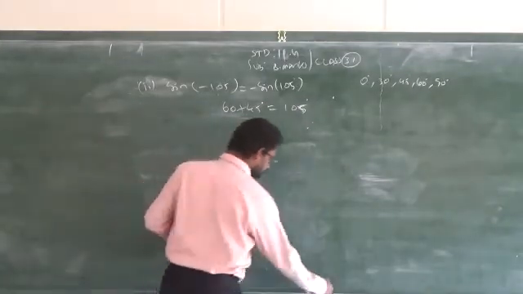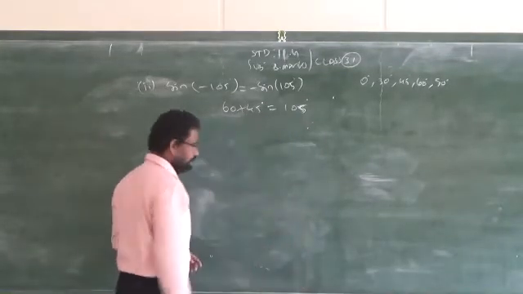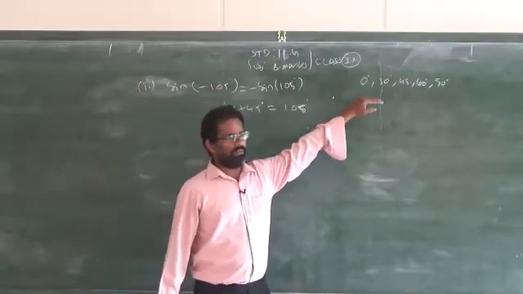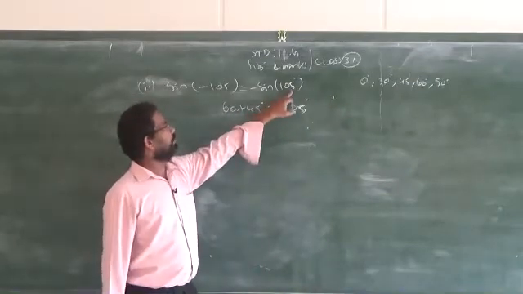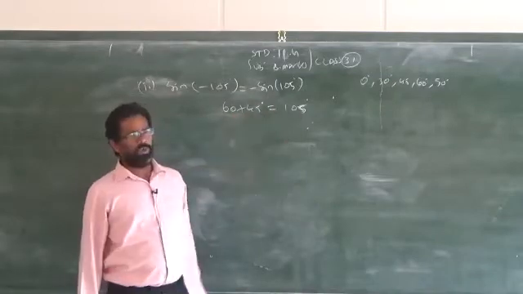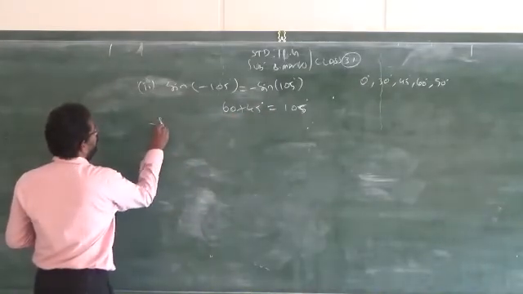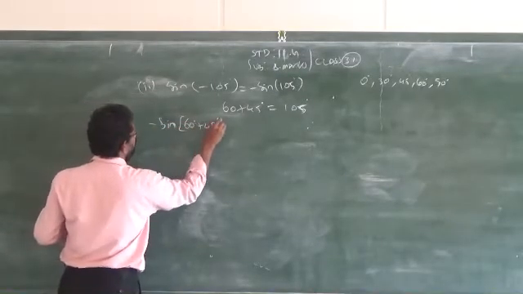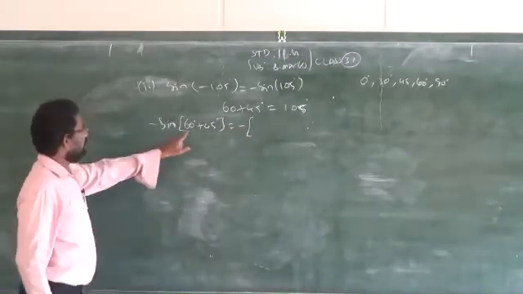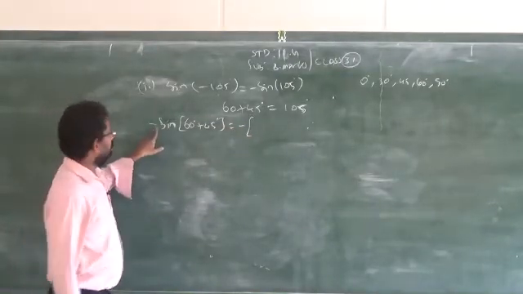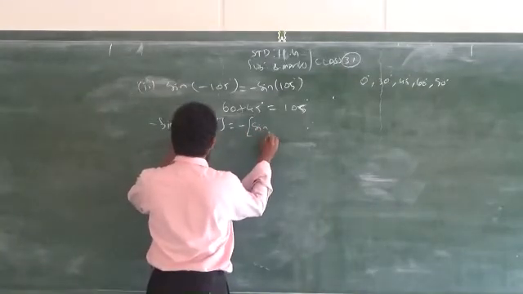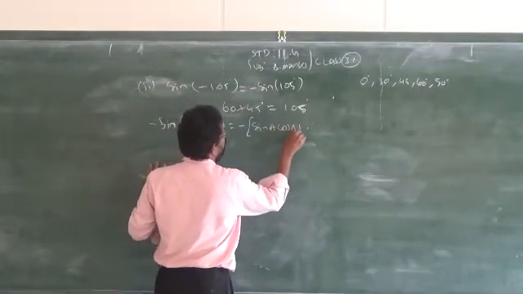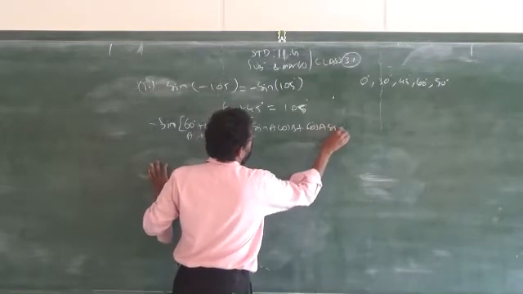No. So, I told you already, use the concept of combination: the difference of two angles or the addition of two angles. Use addition and subtraction of any two of the given standard angles, and you will get the answer. See, here 60 plus 45 is 105. Therefore, I can rewrite that 105 as 60 plus 45 degree, minus of sin A plus B, because we have a negative sign, be careful. So, straight away I can write the formula for sin A plus B, that is sin A cos B plus cos A sin B.